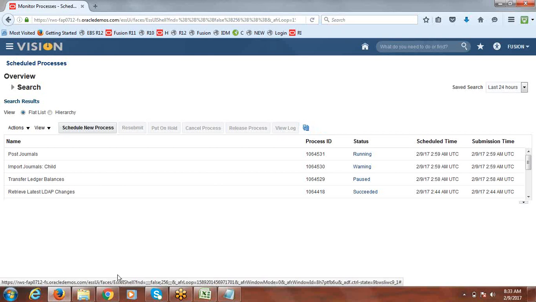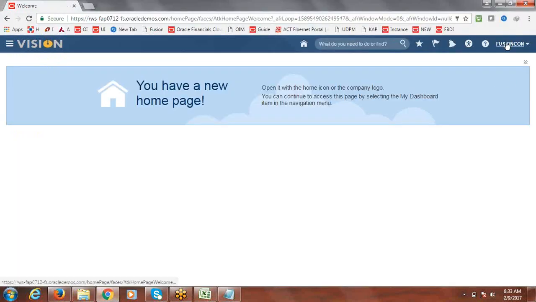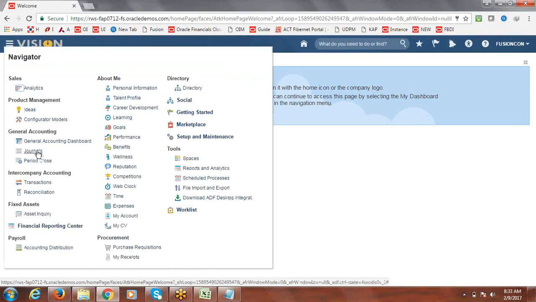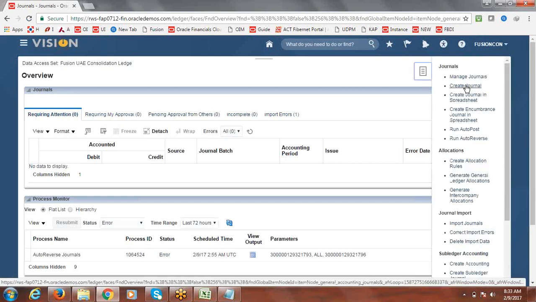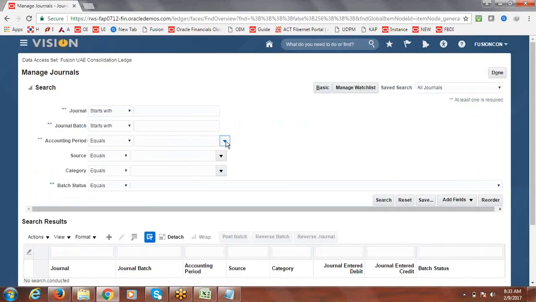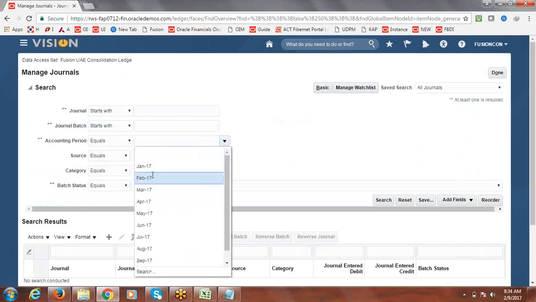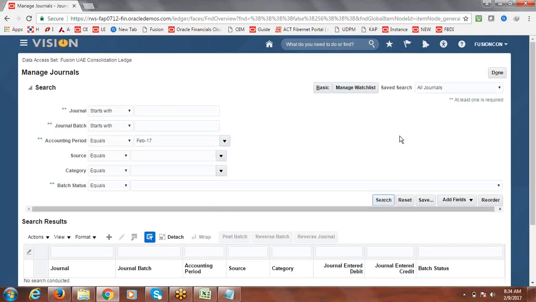Still posting is running. Meantime, we'll go on to verify whether the journals are transferred or not. Go to the task panel, say manage journals. Say accounting period as Feb and search.